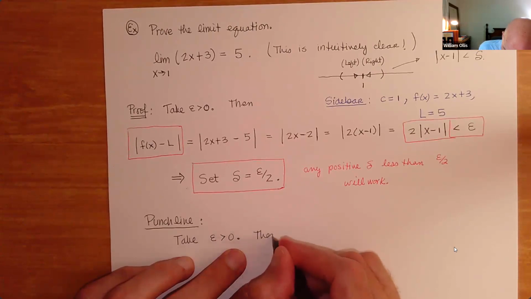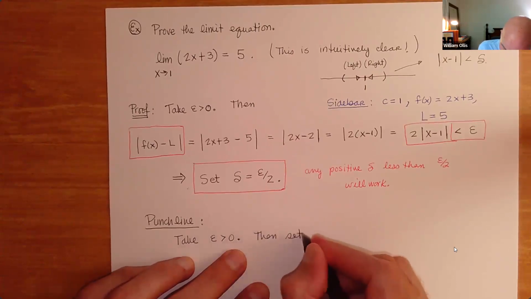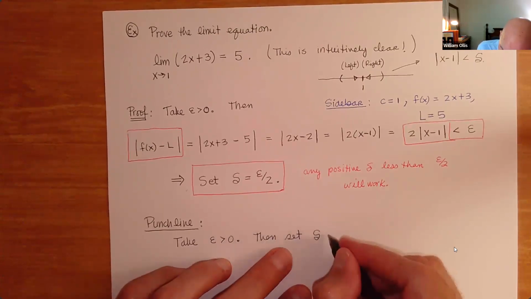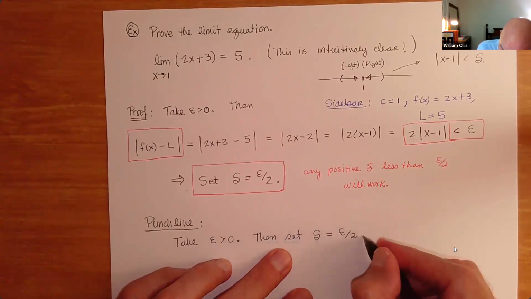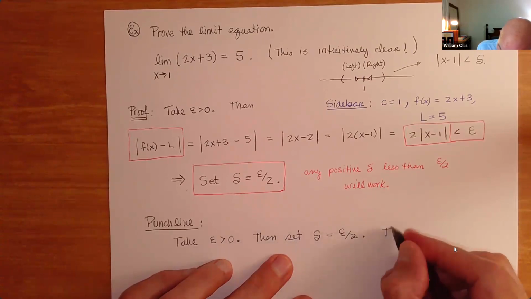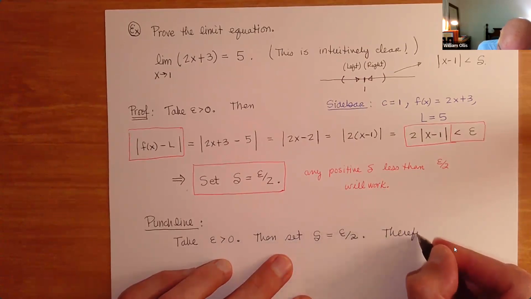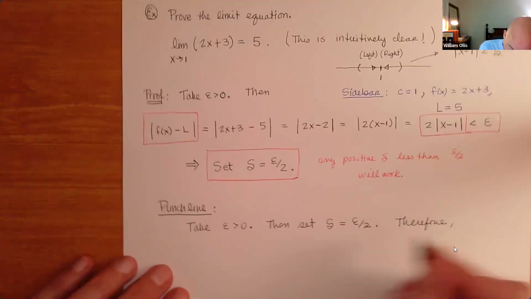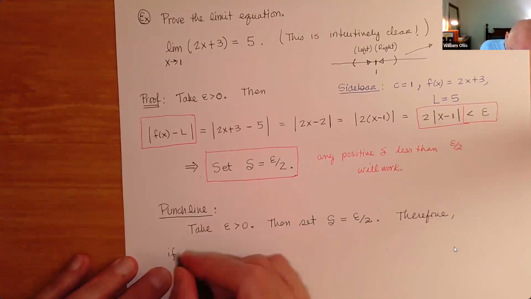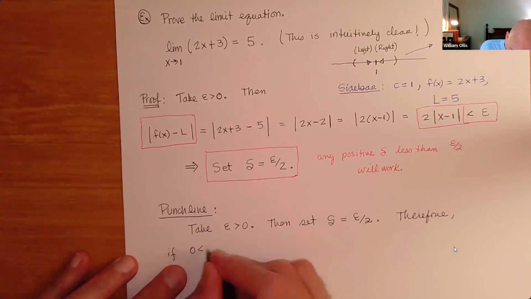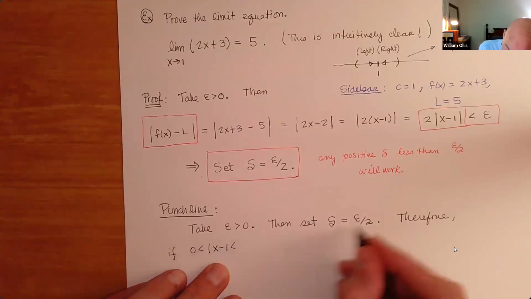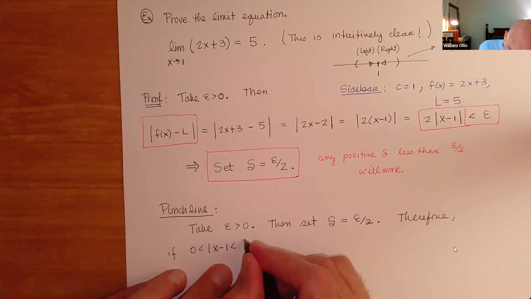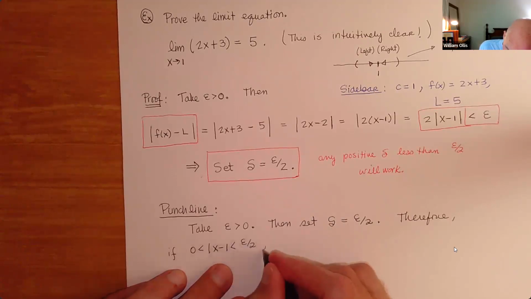Then set delta equal to epsilon over 2. Therefore, if x minus 1 is less than delta, so we just say less than epsilon over 2, then,